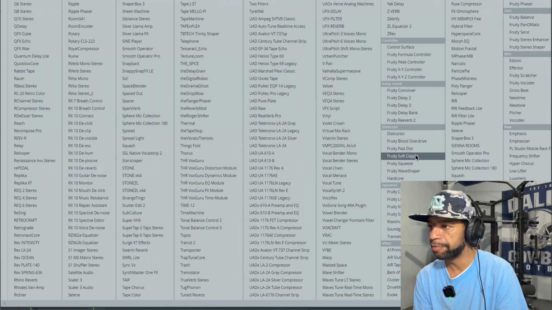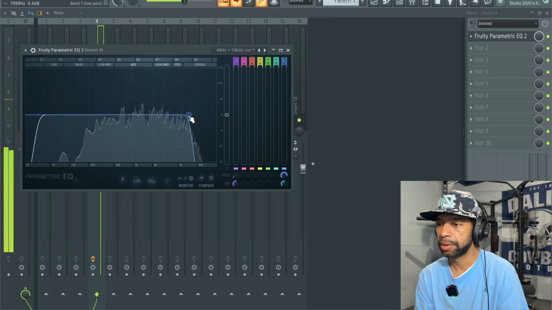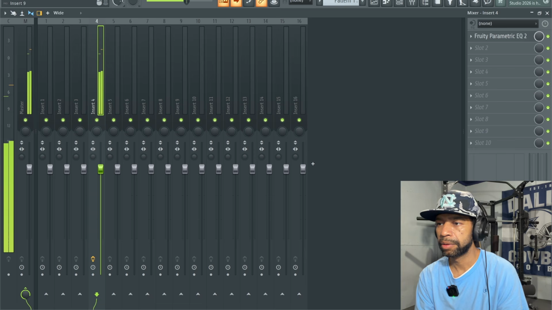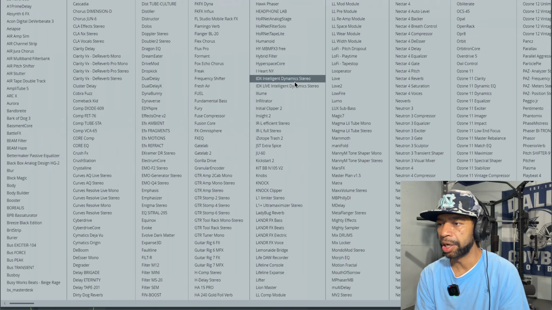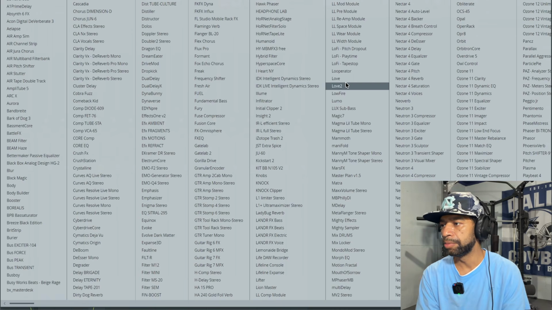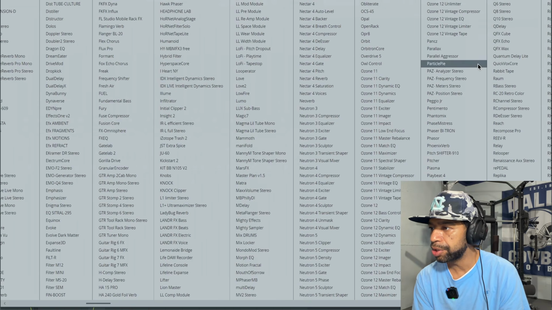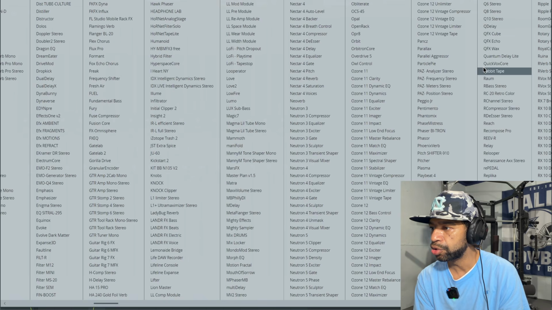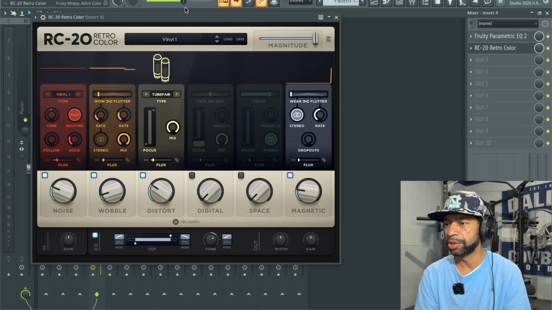So I'm just gonna find Fruity EQ real quick. And then I'm just gonna take off some of the high-end frequencies. Right, and it kind of cleans up a little bit the cheesiness, because sometimes the horns sound good, sometimes the horns don't sound good. So you know what I'm saying, that's trial and error there. But then we can grab some RC20 and throw it on this thing too as well. And we can start messing with this.